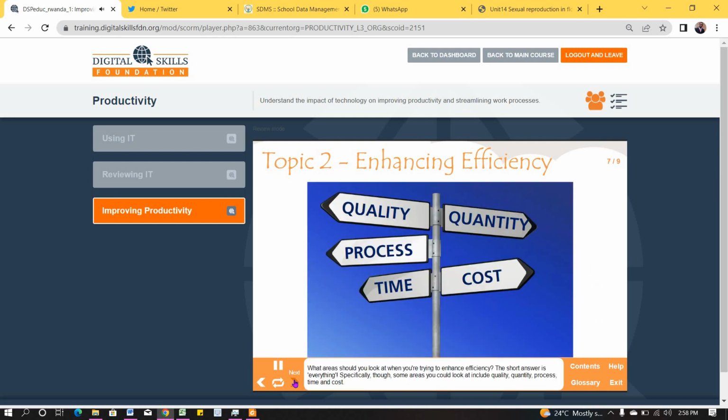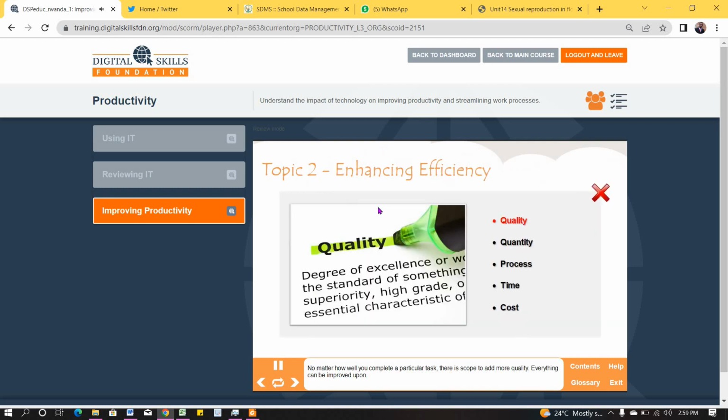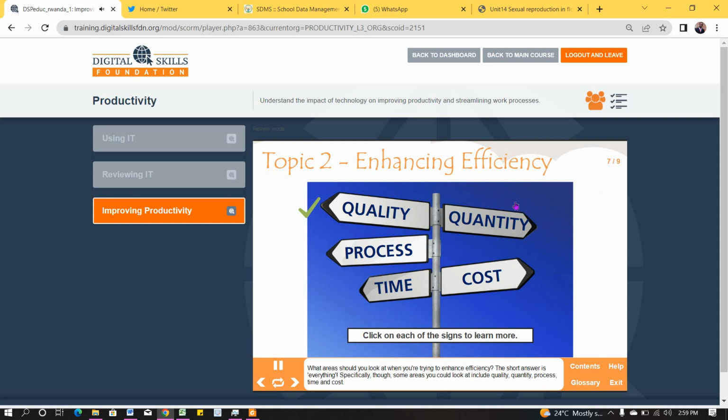What areas should you look at when you're trying to enhance efficiency? The short answer is everything. Specifically, though, some areas you could look at include quality, quantity, process, time and cost. No matter how well you complete a particular task, there is scope to add more quality. Everything can be improved upon. For example,